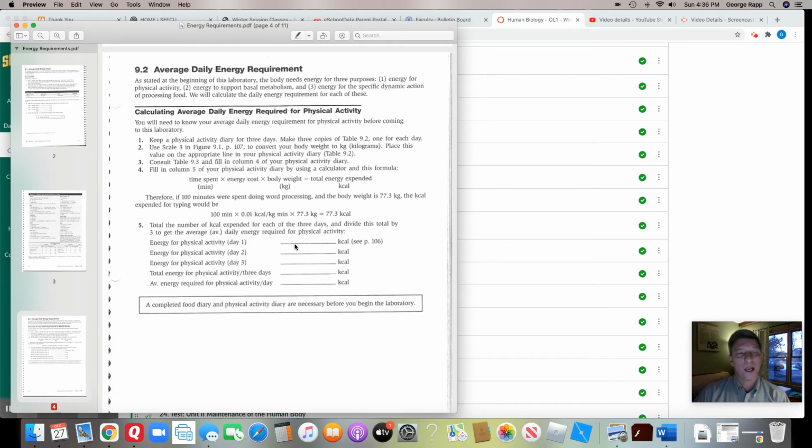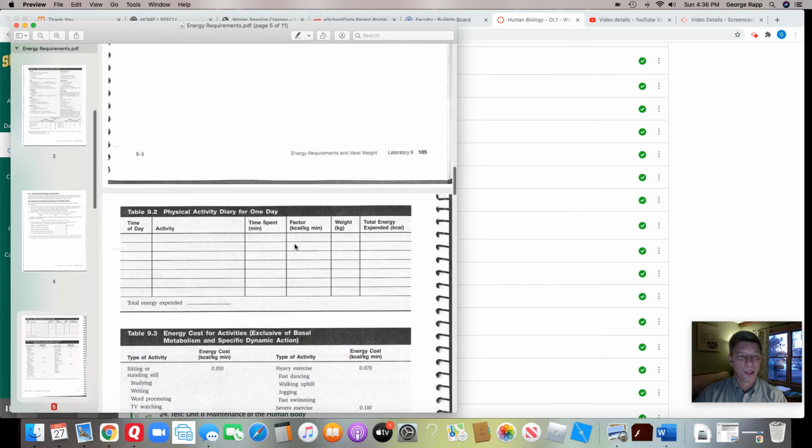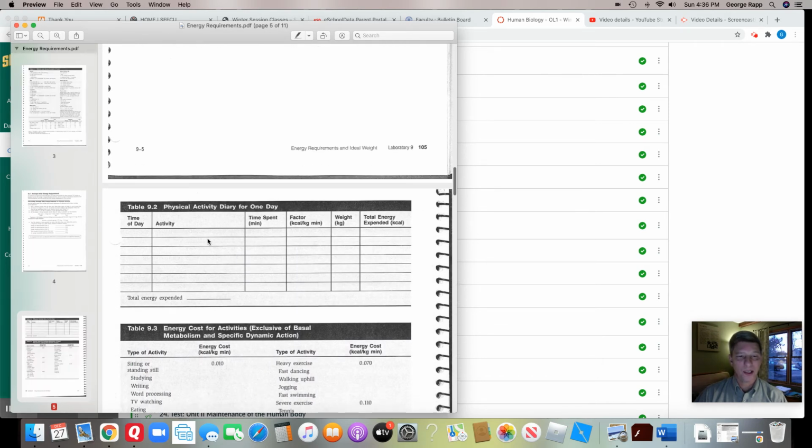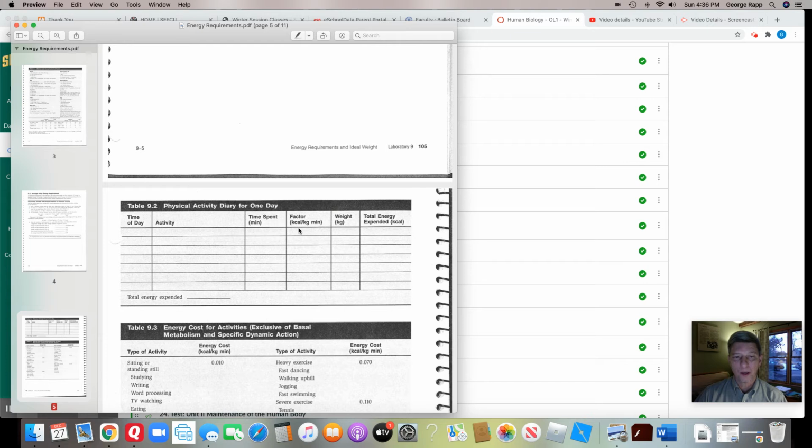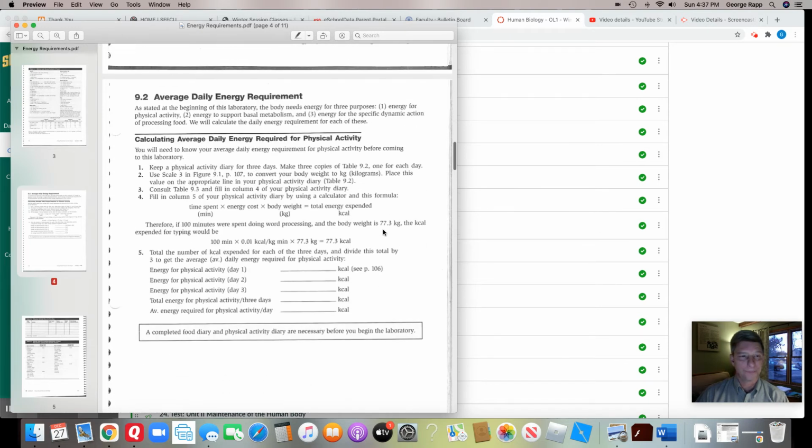Now, section 9.2 is all about the daily energy requirement. Here, what you're going to do is keep a physical activity diary for 3 days. All right. You're going to make 3 copies of the table on the next page here: time of day, activity, how much time you spend, the factor, which we'll talk about in a minute, your weight, and the total energy expended. So you need to fill in